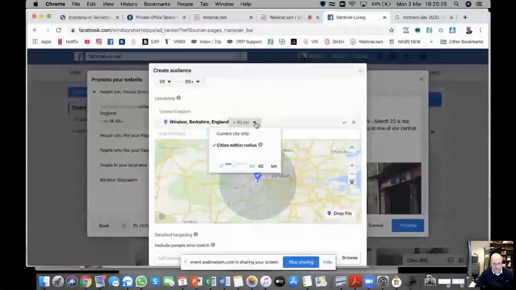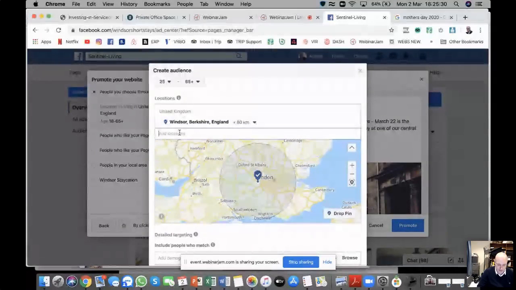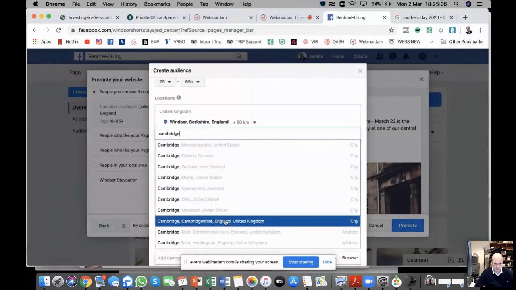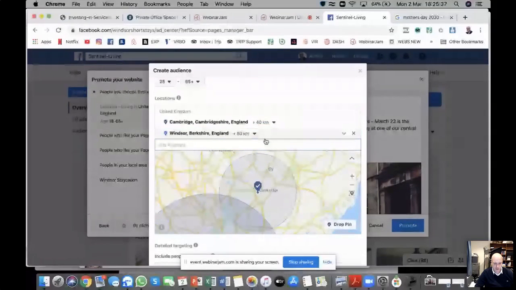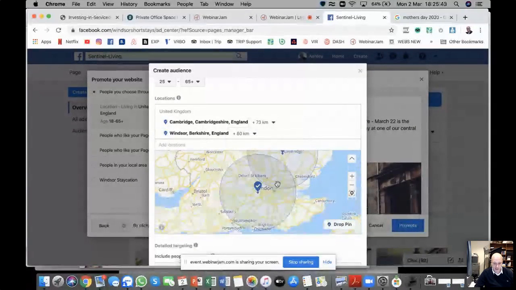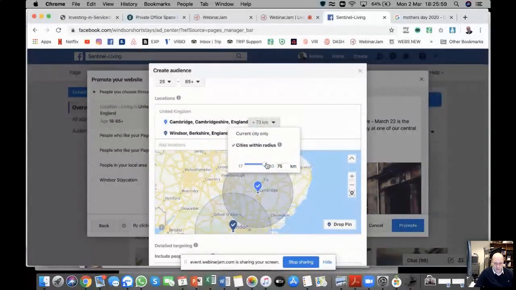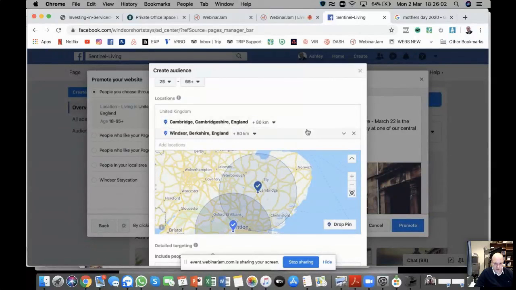We would stretch that out to maximum up there to 80 miles. We would then put in this case, only because I know the area, I know how to do this quickly, Cambridge. And we'd also stretch that out to 80 miles, 80 kilometers, the maximum. Because what it does is it covers Oxford and all these other areas out here where people will be coming for those short stays. Because I believe there is another Legoland up north as well. So you can probably get, and we're looking to attract people in the UK. And it's simply because